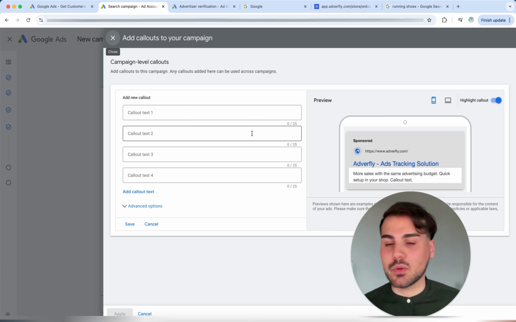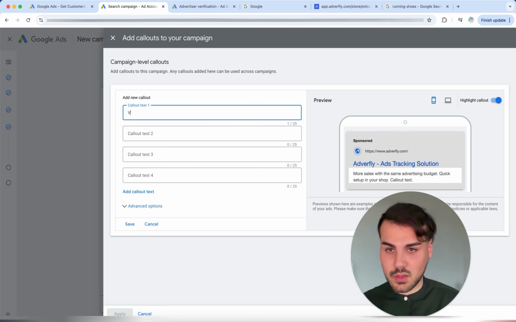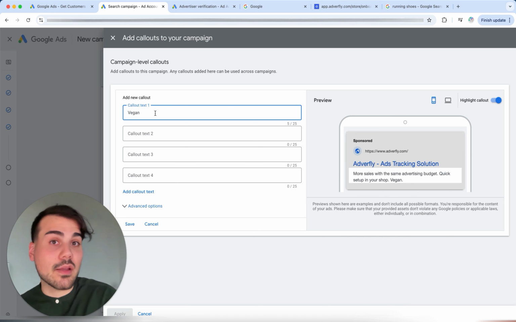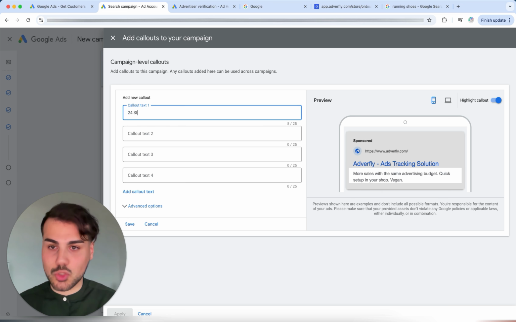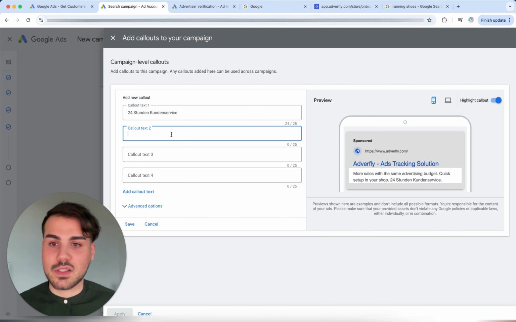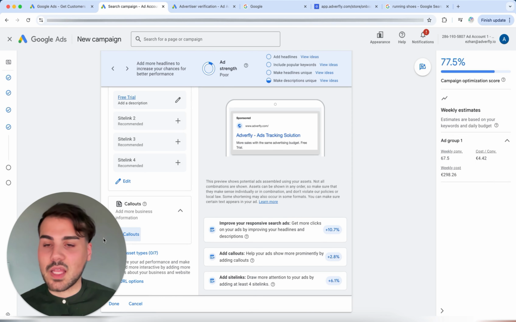Behind it, if you, for example, have a vegan brand, you can say the product is vegan. And if you have other unique features that aren't always displayed, like those here below, e.g. 24-hour customer service here written in German, and exactly, you can then add that here and Google will then test it. In that case, I'll leave it out here because I want to keep it simple and not complicated in the tutorial. In later Google campaigns, you can of course test this to see how the performance is. So I'll click on cancel, which we'll do briefly, and leave it like this.